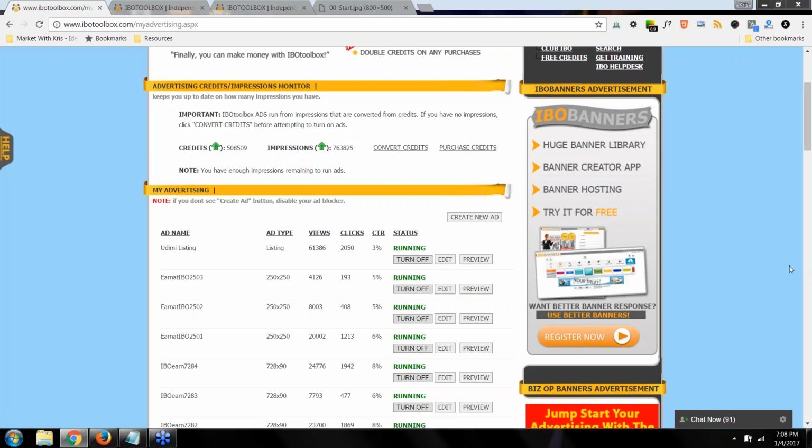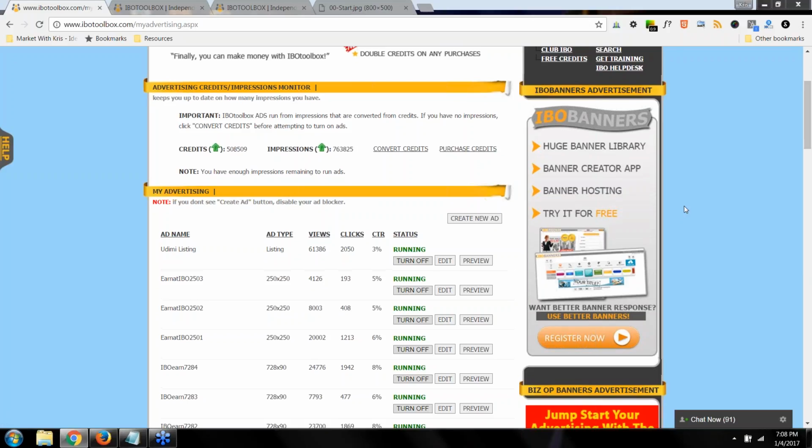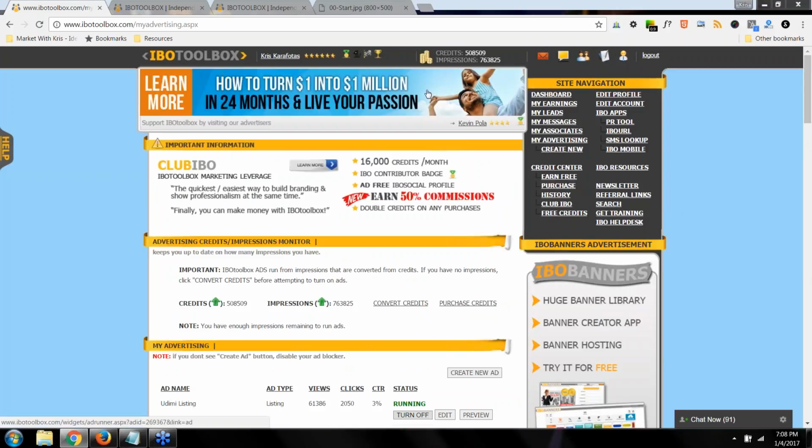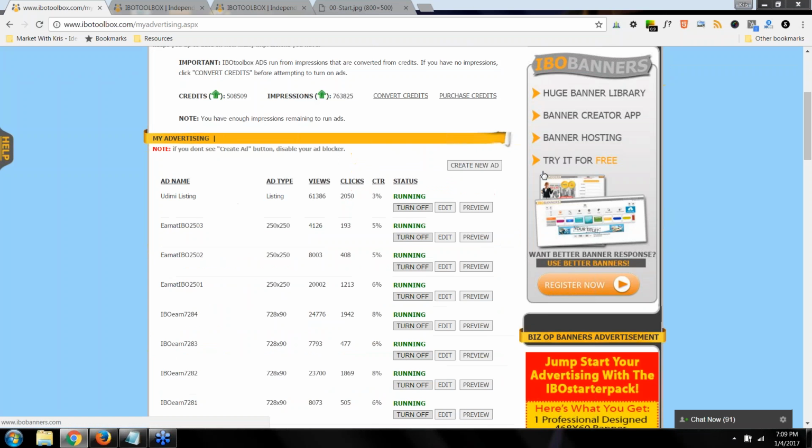Right, there are two URLs on each banner. Okay, let's go to my profile page real quick here. Or we can do this one. So if you click on the actual banner itself, it's going to go to the target website. If you click on the member's name, it will go to their IBO social profile page. So essentially, every advertisement has two URLs, one to the target website and one to the member's IBO social profile page. Listing ads are the same thing.